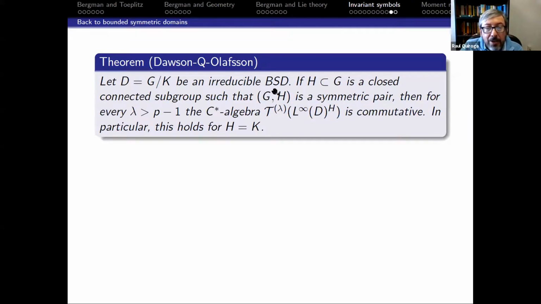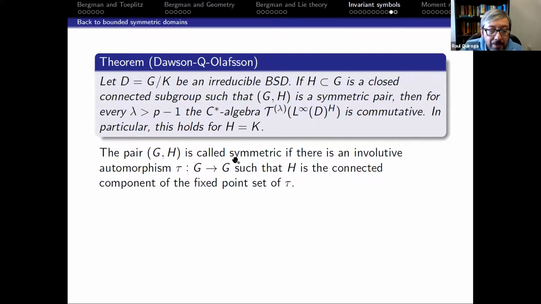If D is an irreducible bounded symmetric domain, consider a closed connected subgroup H, so that this pair is what is called a symmetric pair. I'm going to define this. Then for every lambda, the C*-algebra generated by Toeplitz operators with symbols which are H-invariant is commutative. This holds in particular for the biholomorphisms that fix the origin. Symmetric means there has to be an automorphism of Lie groups tau so that H is the fixed point set of